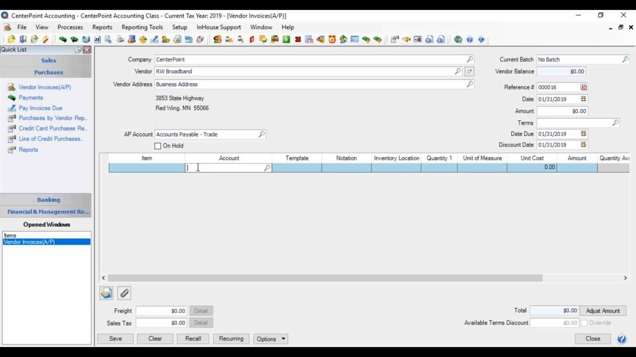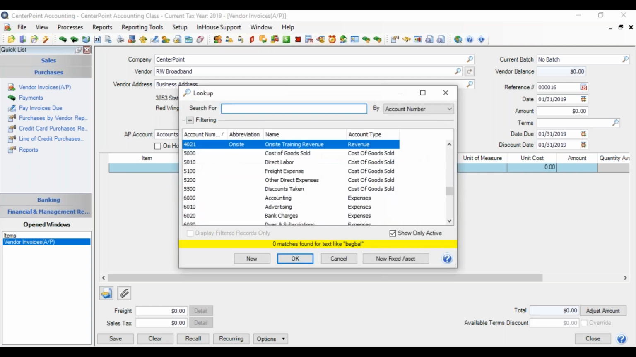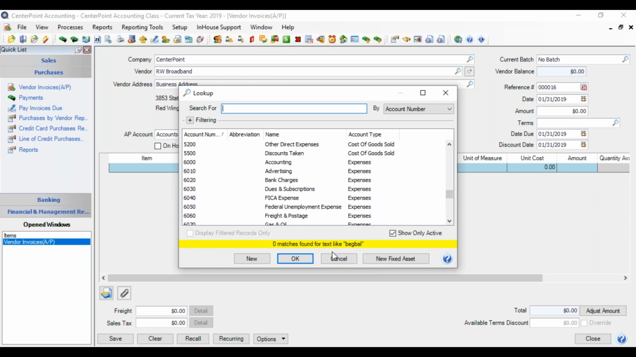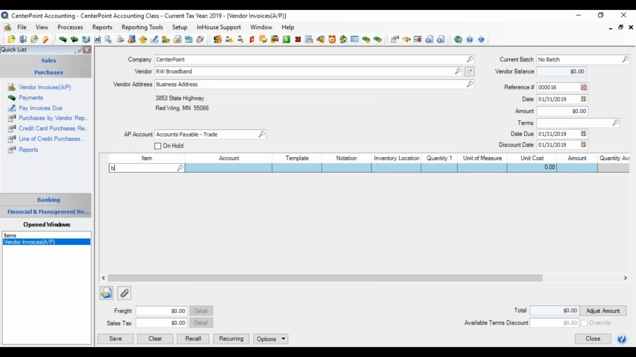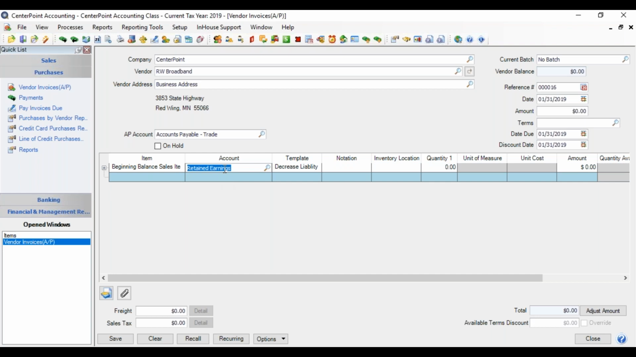So you could pick the account that you want there, but if you're beginning in the middle of the year and you don't want to disrupt how much went into your different income statement accounts, I still would recommend using the beginning balance sales item that we had here. I need to do that in the item, and that picked up our account of retained earnings, and then you can put in the amount that you actually owe to that vendor as of December 31st that hasn't been paid yet. So we'll just put in a figure here,